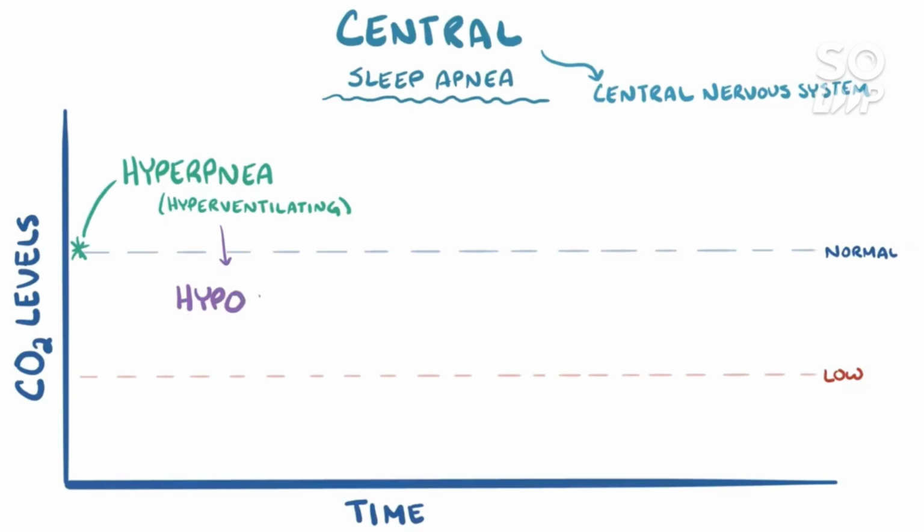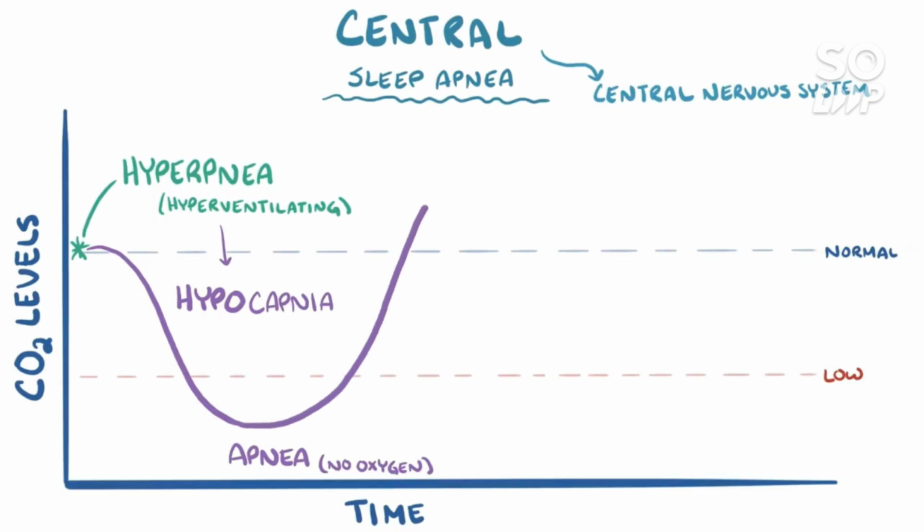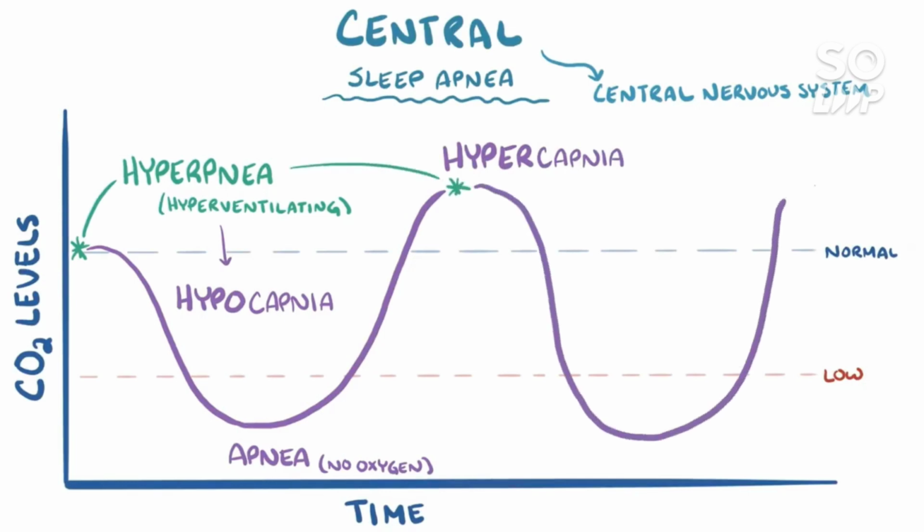This rapid breathing causes hypocapnia, a drop in the blood's carbon dioxide levels. When the carbon dioxide levels fall below a certain threshold, the body slips into a state of apnea, making no effort to breathe and taking in no oxygen. This causes the carbon dioxide levels to rise back to normal levels, and then, as the apnea persists, they keep rising to a point where it's called hypercapnia. The really high carbon dioxide levels trigger hyperpnea again, and the cycle starts all over. Essentially, the respiratory system is going rapidly back and forth between two states, first making no effort to breathe and then hyperventilating, with no in-between.